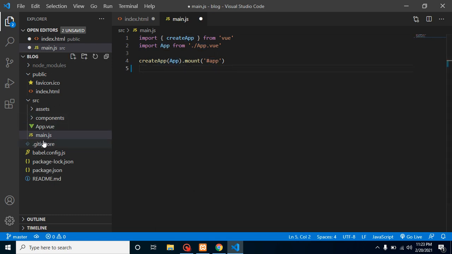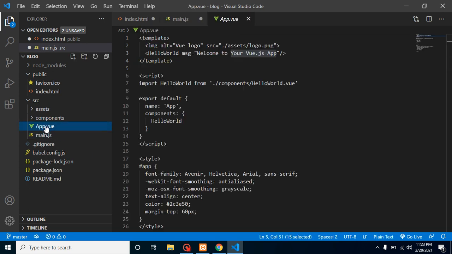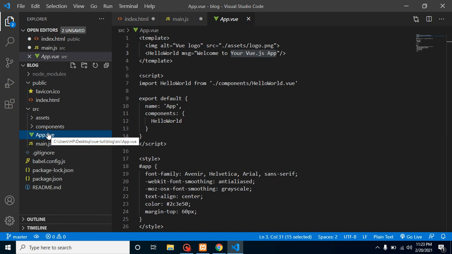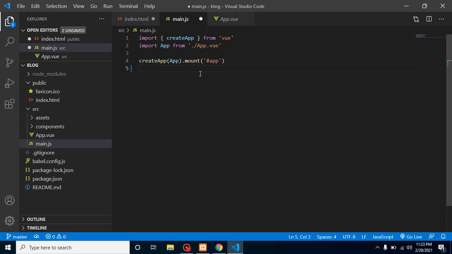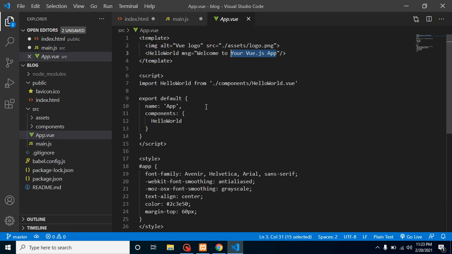All right, after that, as I already told you, main.js is basically the entry point of your application. App.vue, from here we are starting with our Vue code. For a moment you can see a complete difference from main.js. It has colorful code, but here there is no colorful code. Why?